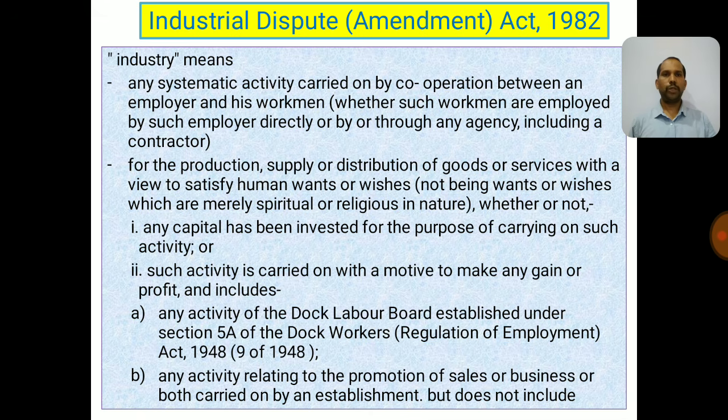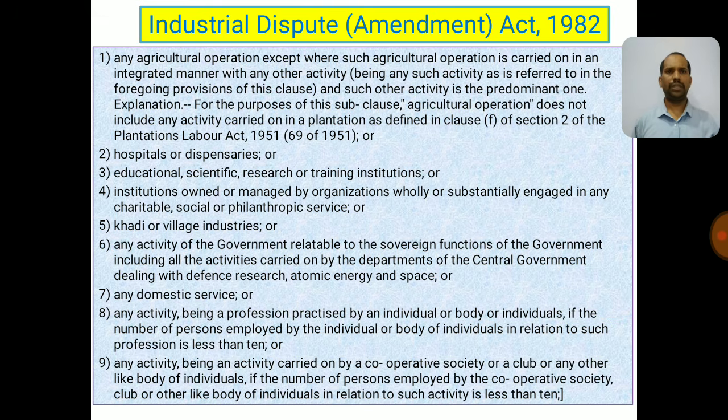So the definition was again realigned in 1982. You can take the screenshot of this, and after that you can also take the screenshot of this. There are a lot of notes that I have given for the purpose of the 1982 Amendment Act. Because this is a speed world, if I start explaining all those things, you guys will not even reach my video. So I am keeping it a short video. Please read through these contents. I hope now you are very clear on the definition of industry under 2J.